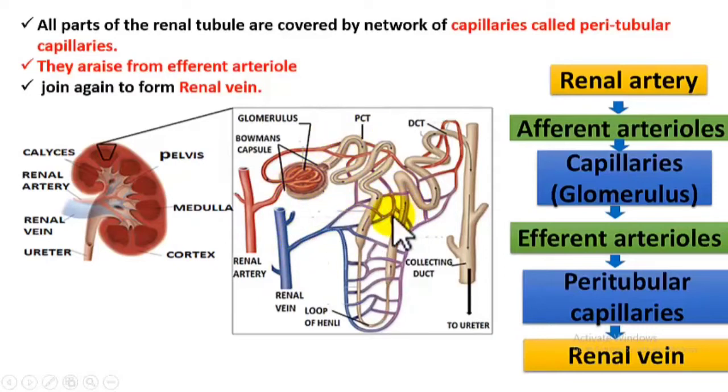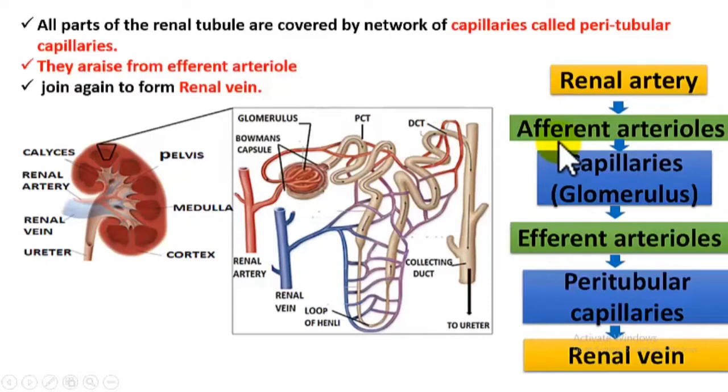Because the kidney has used up the oxygen, it is deoxygenated but waste free. Now what does this renal vein do? It takes this deoxygenated, waste free blood to the heart. What does the heart do? It sends that to the lungs. In the lungs, oxygenation takes place, and that waste free blood is now sent to all the other parts. Understood, students? So this is the circulation part.